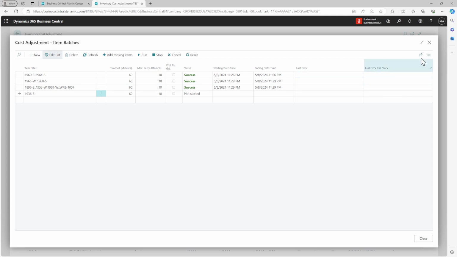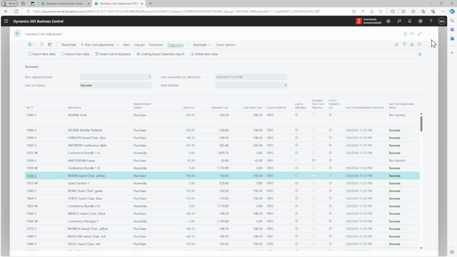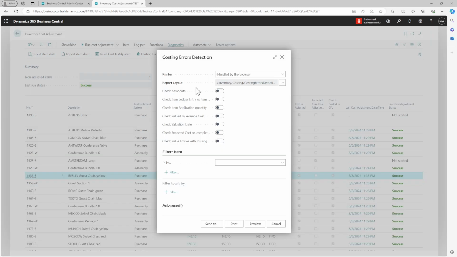So that also comes in handy while you're trying to solve that problem. There's also a costing issue detection report. It's a new report which is added, and it checks the basic data, the item ledger entry versus item application entry,